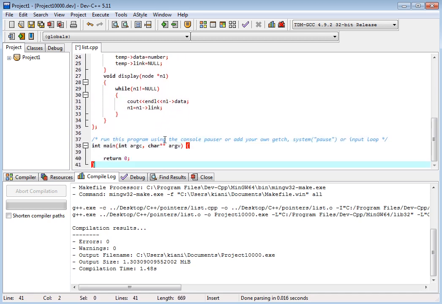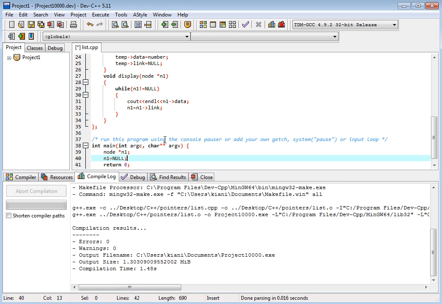Now in the main, we have node n1, and we assign n1 to null, so that our if condition and while condition are true.